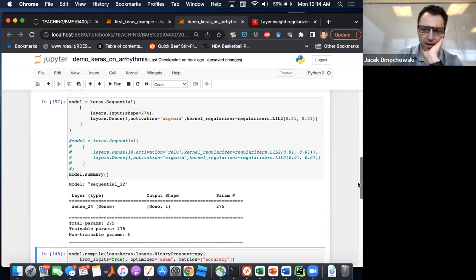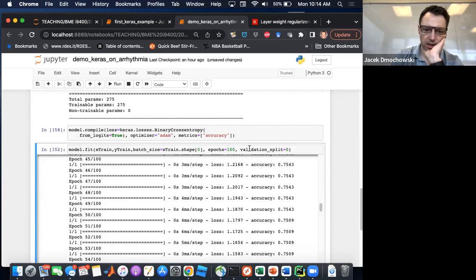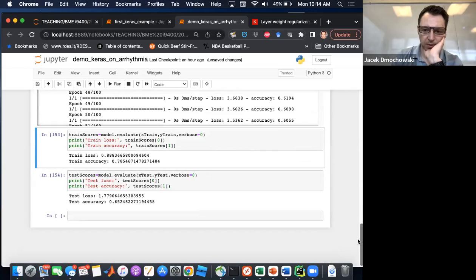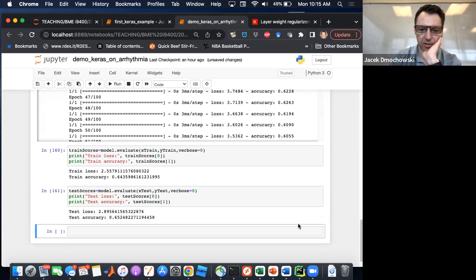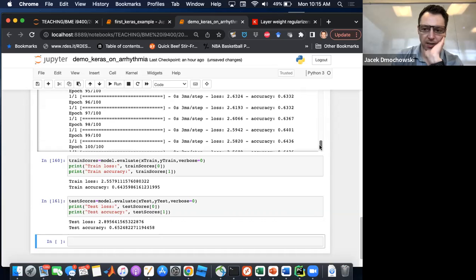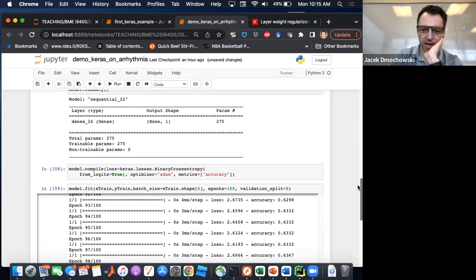So we can do the same thing. We should get very similar results with this model. So I'm going to compile and I'm going to fit. Let's see what it went down to. And then the training performance is 64 and the test performance is still 65. So you see how stochastic this is. Every time you run it, you get a huge difference. There's a couple of things that